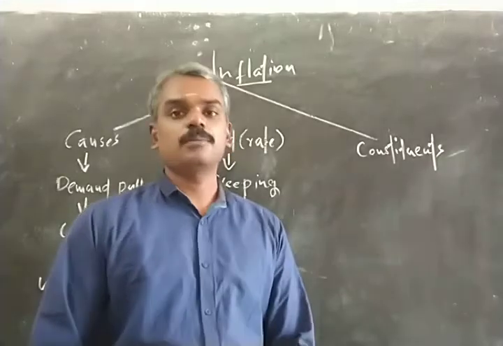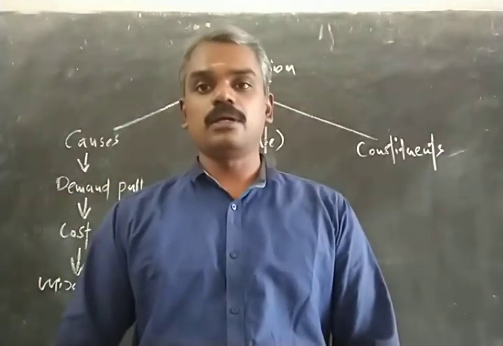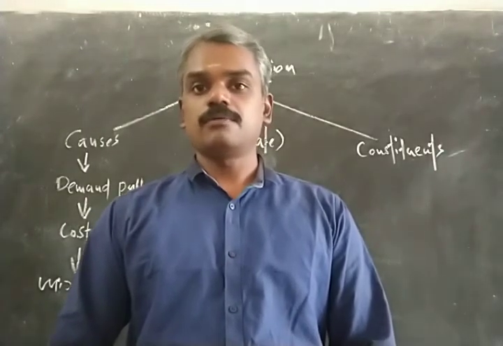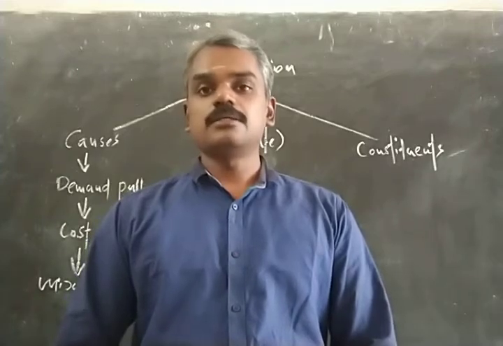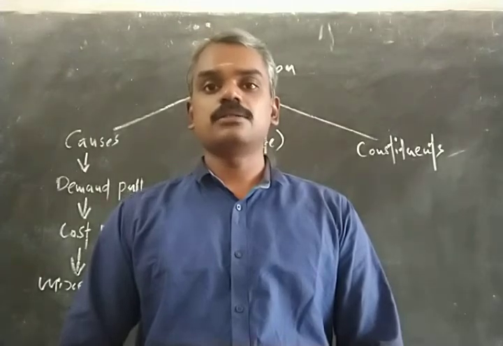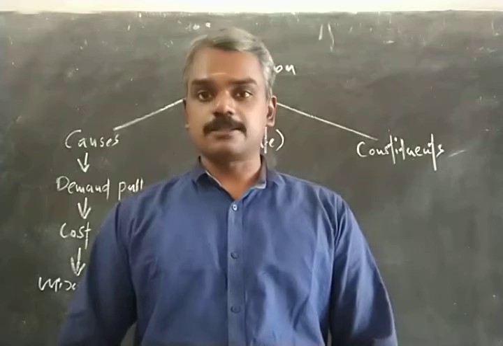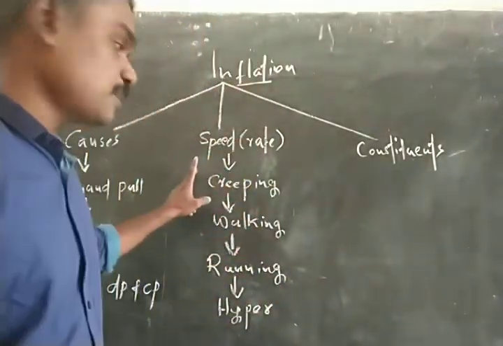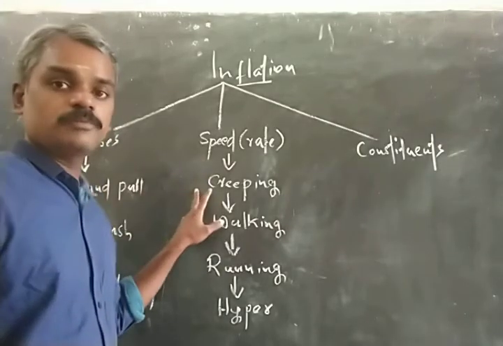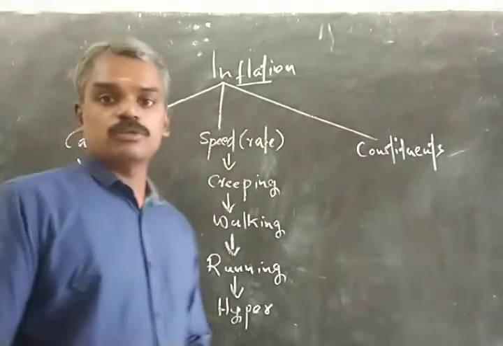Okay, so this is called hyperinflation. It happens very rarely. It has happened in many Latin American countries like Bolivia, Argentina, sometimes even Venezuela, Russia. These countries have experienced hyperinflation. Okay, it rarely happens. It happens due to political instability or extreme experiments with the monetary system. Okay, so these are the four types of inflation based on the speed or rate of inflation. First one is creeping inflation, second one is walking inflation, third one is running inflation, and finally the fourth one,